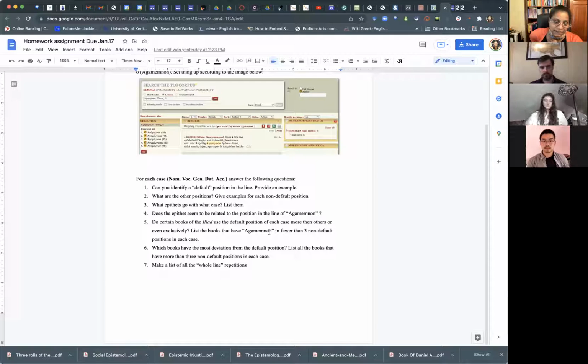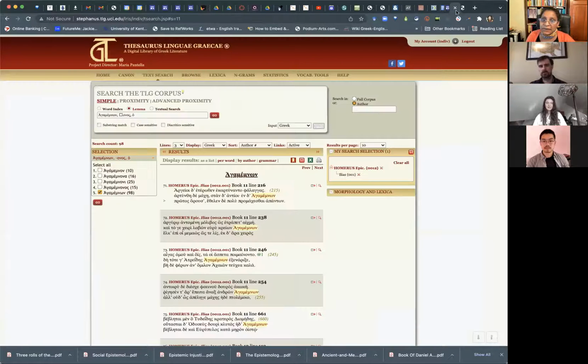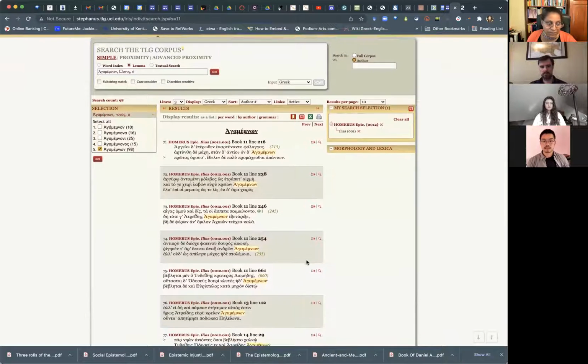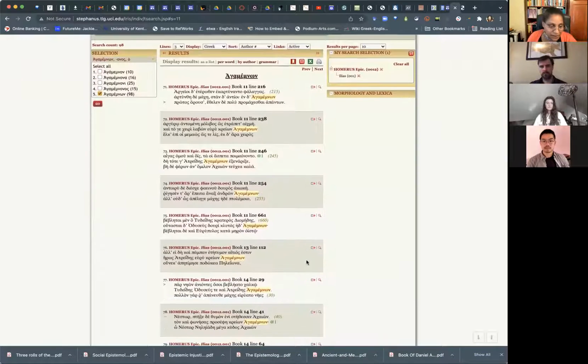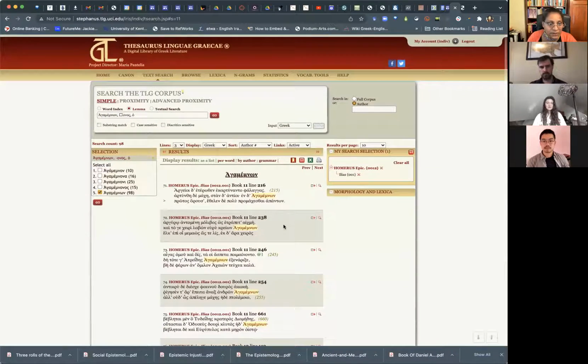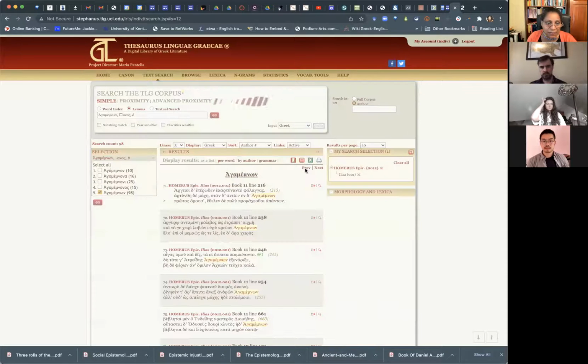And then you have, make a list of whole line repetitions. So sometimes, or we've already seen this with Apollo when we were looking at it last time, the phrase is just a whole line repetition. You don't really see this so much. We're in what book here? We're in book 11, so I'm probably not going to see it as much there. But if we go back a bit,